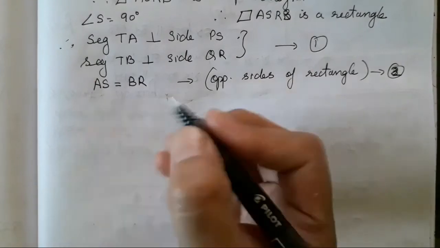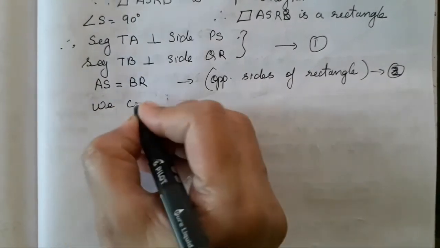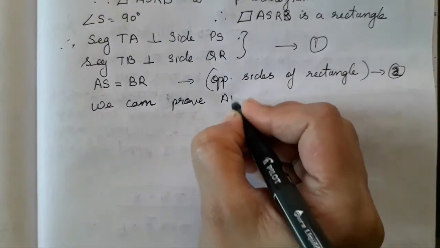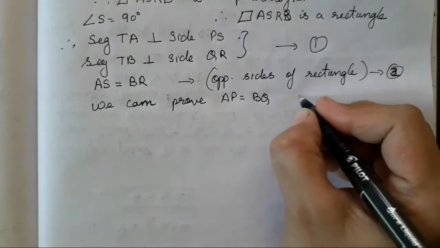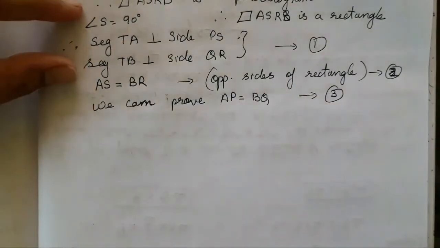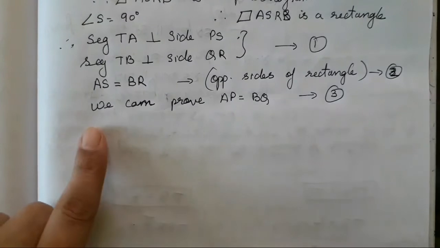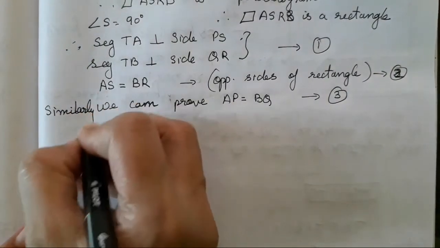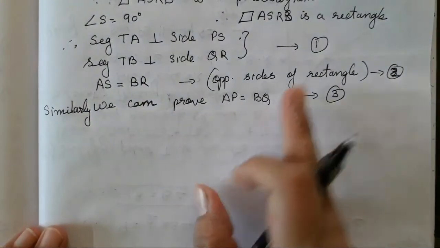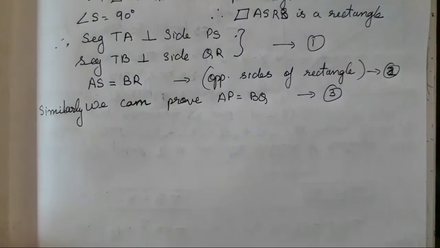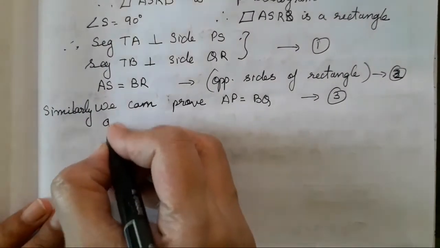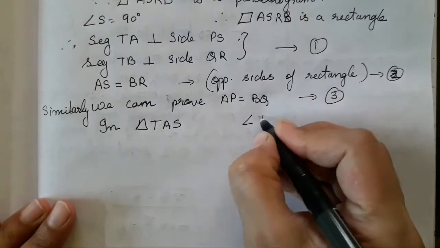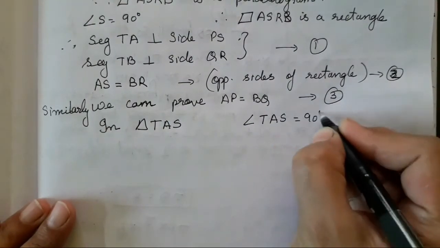Now similarly we can prove AP is equal to BQ. Similar reason is for this also. I forgot to write it. Similarly, we can prove this. So 1, 2 and 3 points have been made ready. All this has been done to show that in triangle TAS, angle TAS is 90 degrees